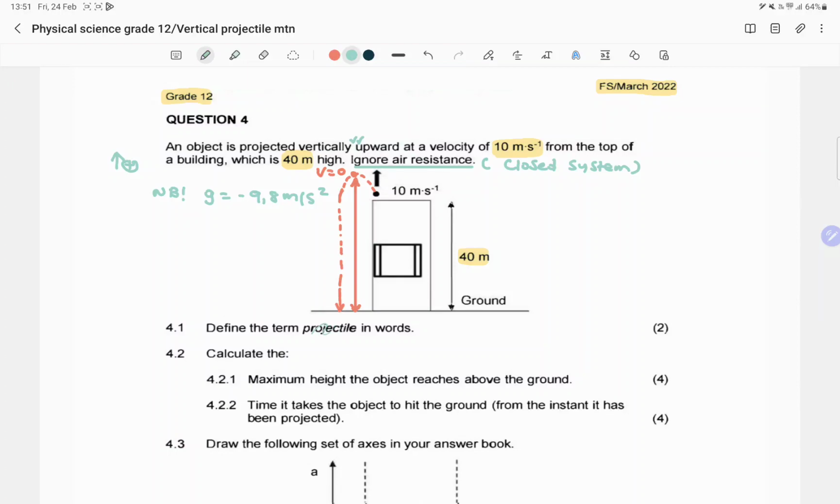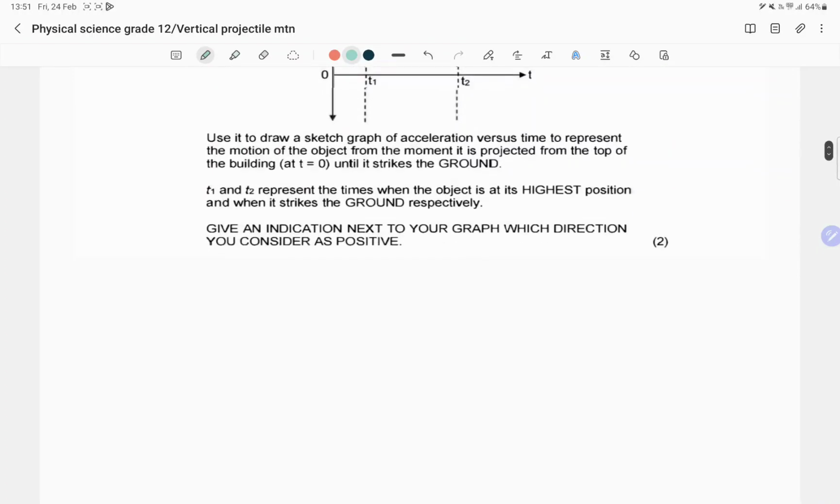Now we're told to define the term projectile in words. So what is a projectile? Easy. So we've got 4,1. A projectile. What is a projectile? Well, it is an object